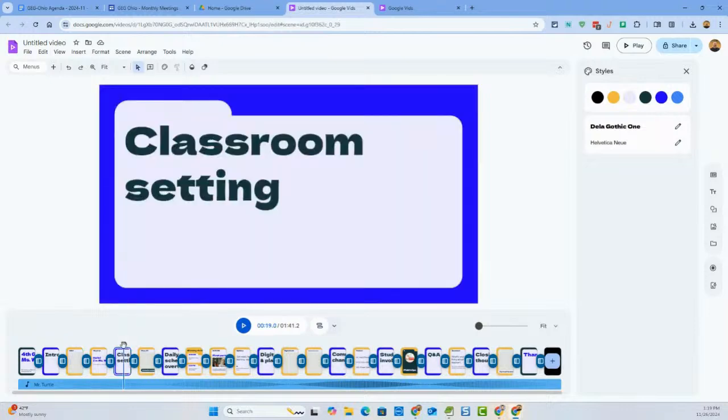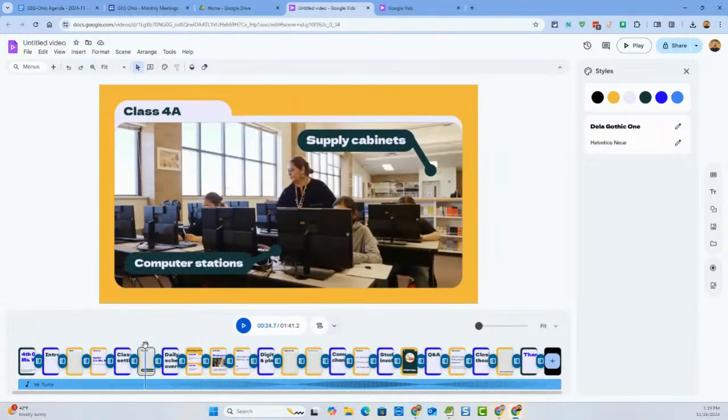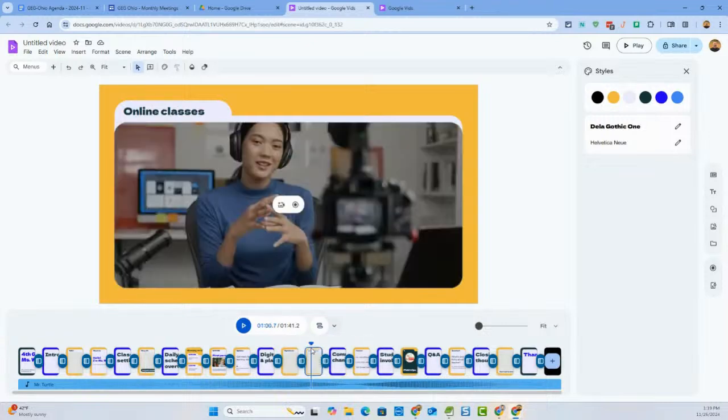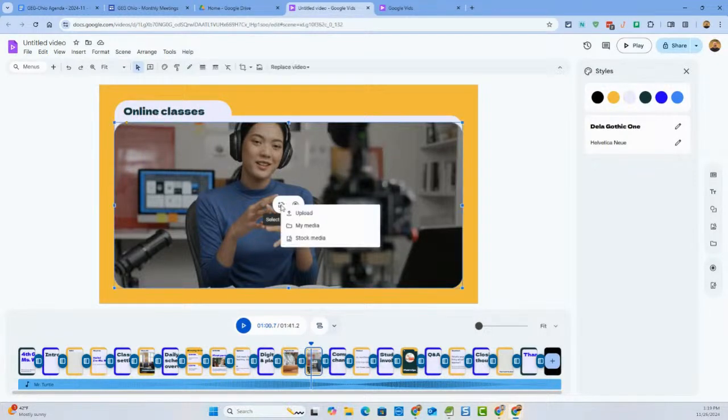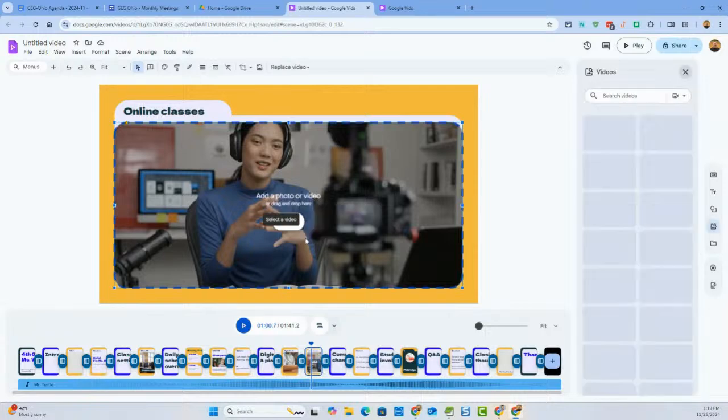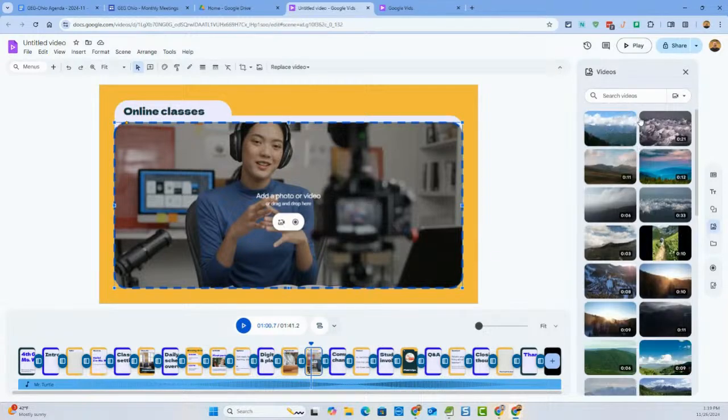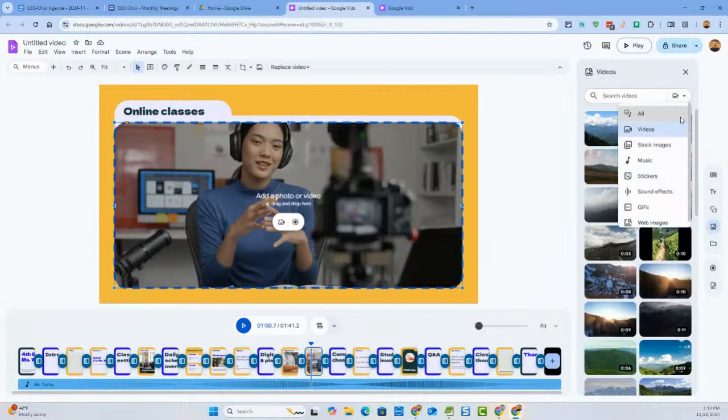So yeah, the idea is now I would go in and start replacing content with my own information here. So I would come in and say, oh, I want to replace this video with my video. Now I could hit record video and record my own, or I could select a video and upload one, or I could go to their stock media, and there's tons. They've got all kinds of stock videos I can search through. Or if it's not videos, I can do stock